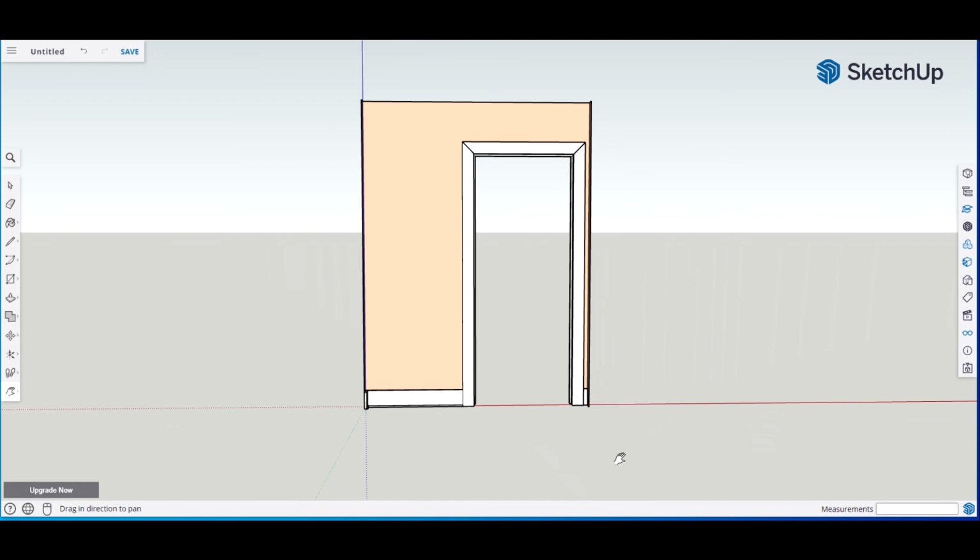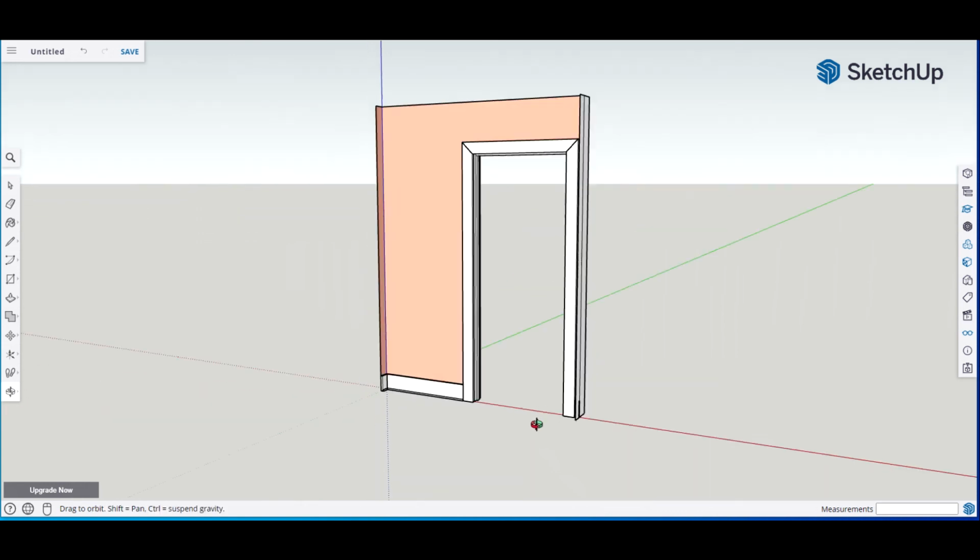In part 2 of this, we're going to start building the barn door, the header bar. We're going to draw the header board, the barn rail, the spacers, and then the actual barn door with the glass